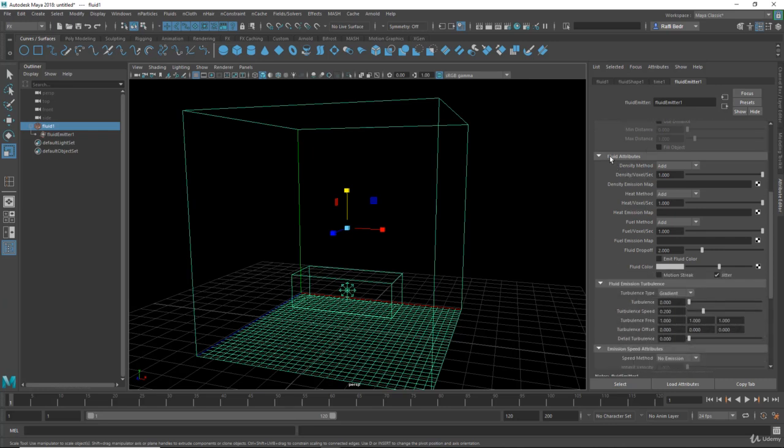And let's scroll down to the fluid attributes. You'll notice here we have the density method. You can change that to no emission, and you will not have any emission. And you can change that to replace the density inside the container. And here you will see I have the heat and we have the fuel. We'll take a look at them later. And here we have the density emission map. Let's say you created a map in Photoshop, you can load it here